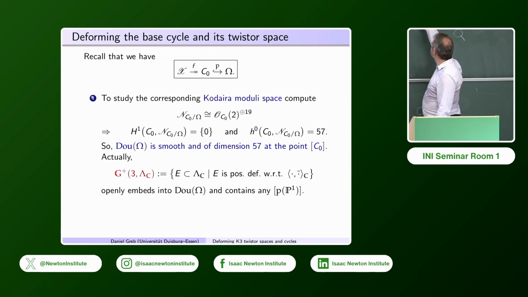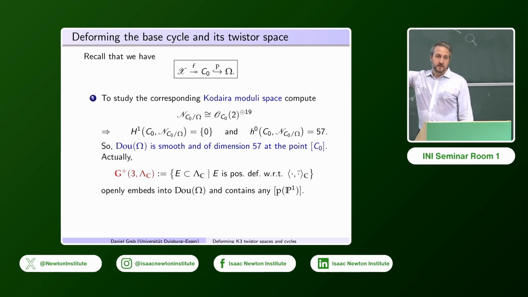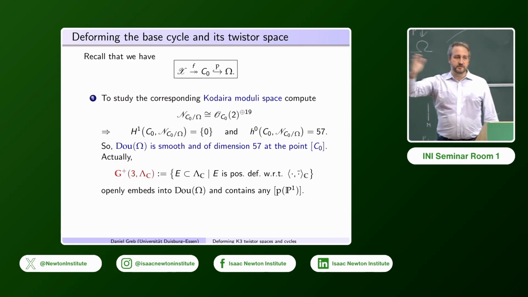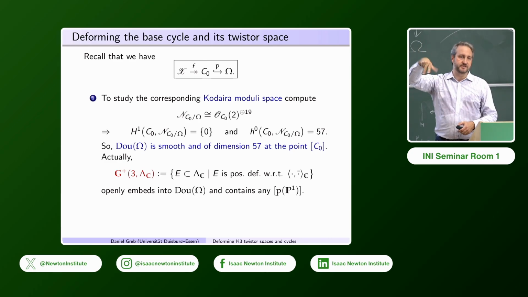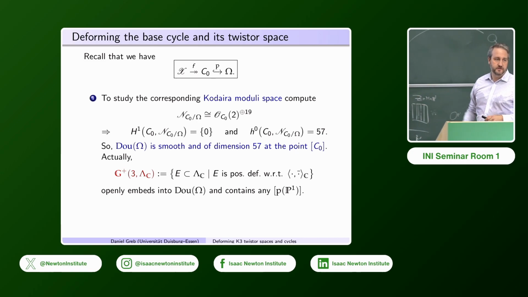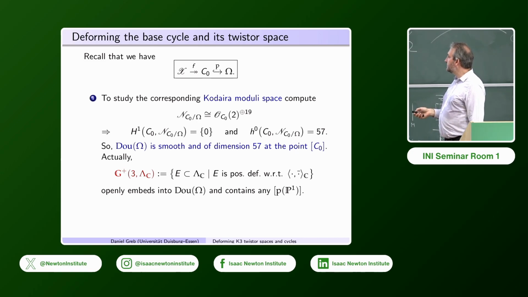I said that this twistor line is an intersection of the quadric with the plane. Just by linear algebra, you could also start just moving the plane, the three-space in your C^22. So that would be a Grassmann manifold. And actually, if you restrict to Grassmann planes, so three-spaces, which are positive definite with respect to